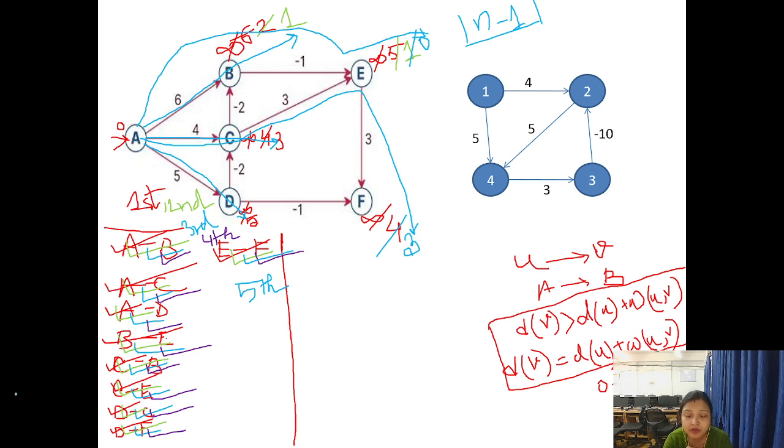The Bellman-Ford algorithm can detect a negative edge weight cycle, right? So what is a negative edge weight cycle? If a particular graph contains a cycle and the summation of all the edge weights is negative, then we call it a negative edge weight cycle. So let's suppose